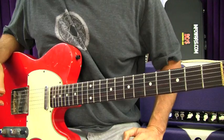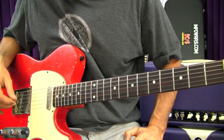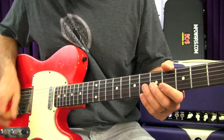Alright, so we're in standard pitch, as usual, or most of the time, anyways. And what's cool about these riffs is they incorporate a little bit of string skipping. So we're going to start really basic, and I'm just going to show you the typical...